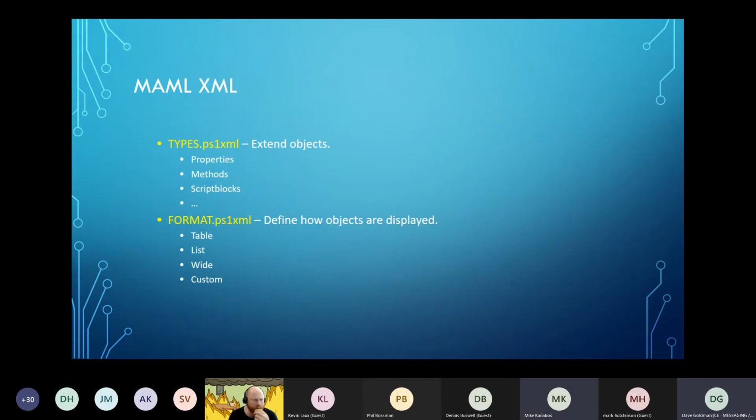And I'm guessing Jason's asking that because that is just a really interesting output when you see Get-WindowsFeature, the way that they have the indentations and the checkboxes and stuff. Yeah, and you can create custom ones. You can get pretty elaborate with these. The ones that I'm showing tonight are just basic table and list, but if you want to get fancy and put HTML objects in XML and have it rendered, you can get pretty elaborate. I'll see if I can track that one down and get that back to the group.